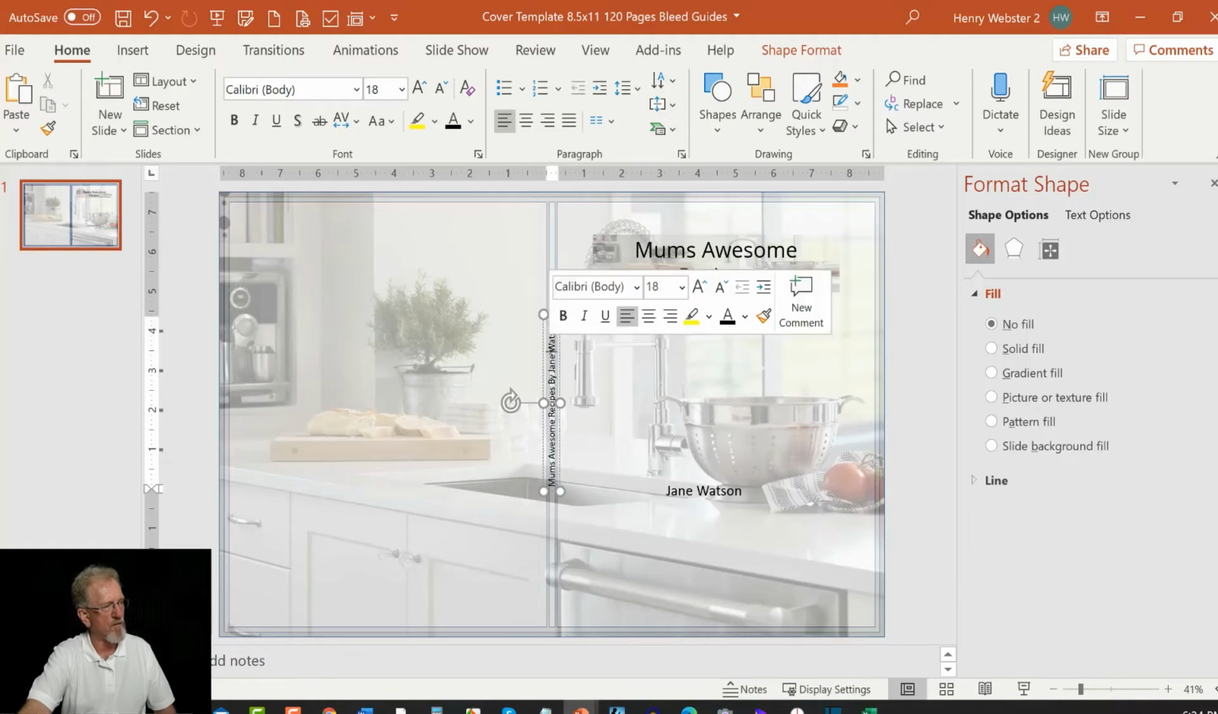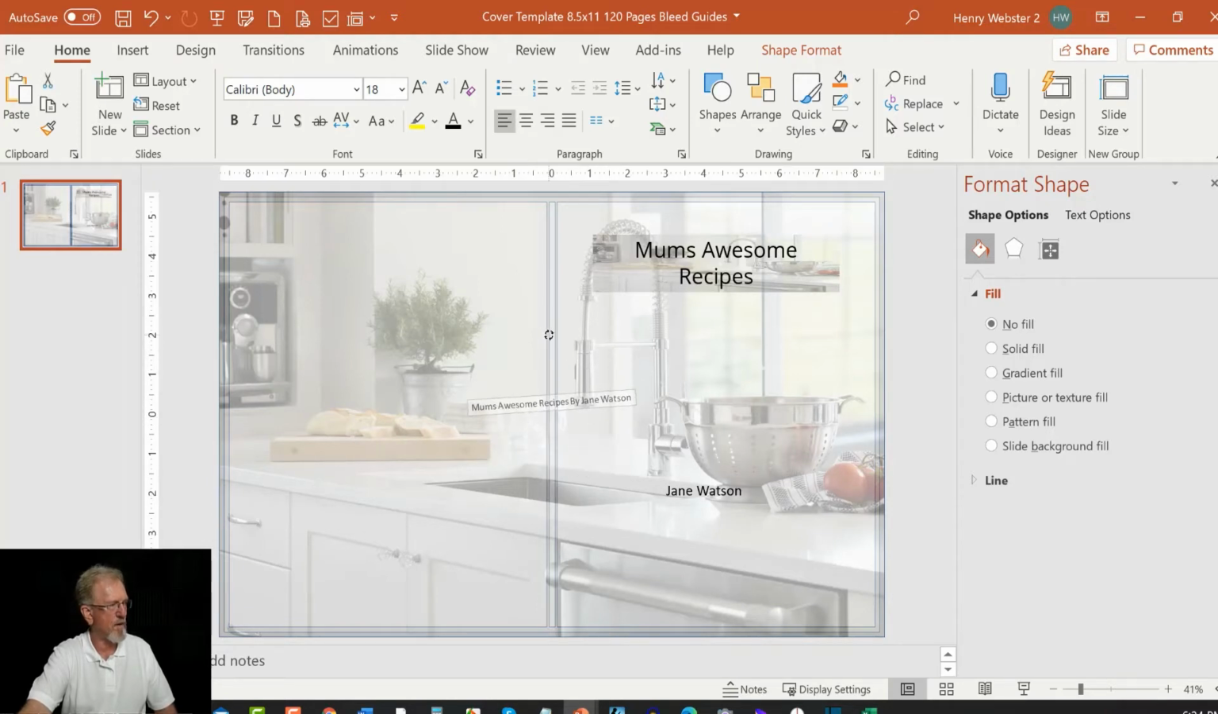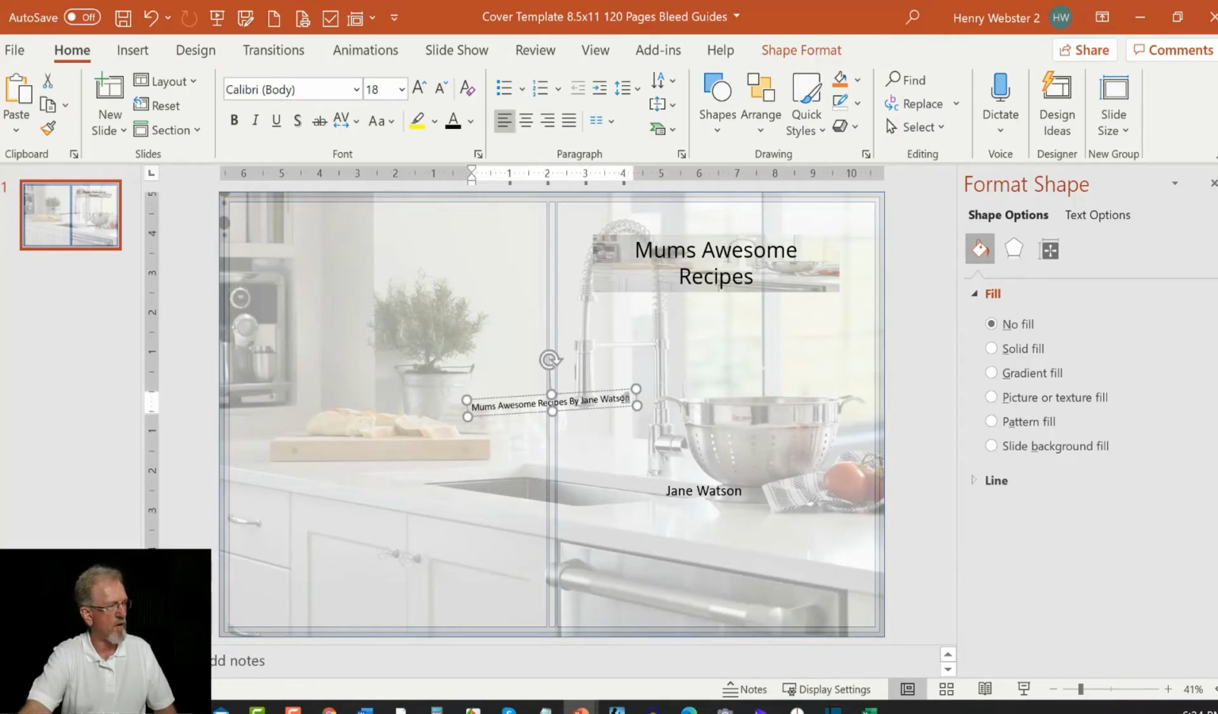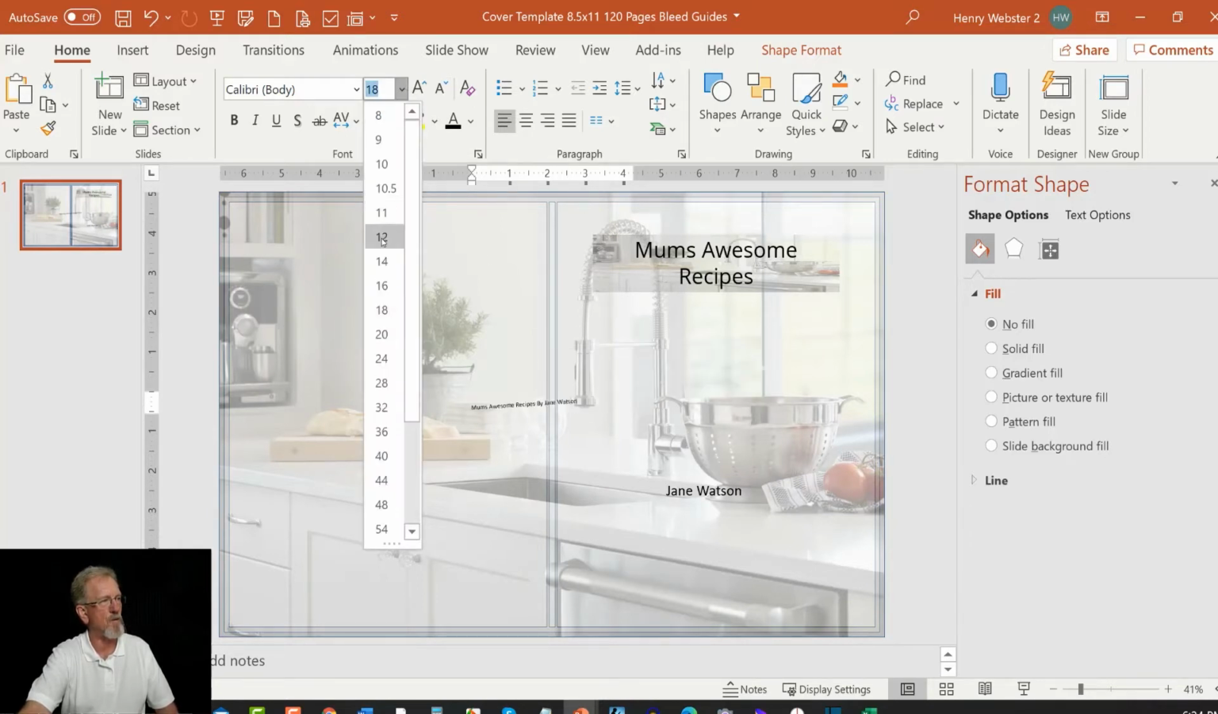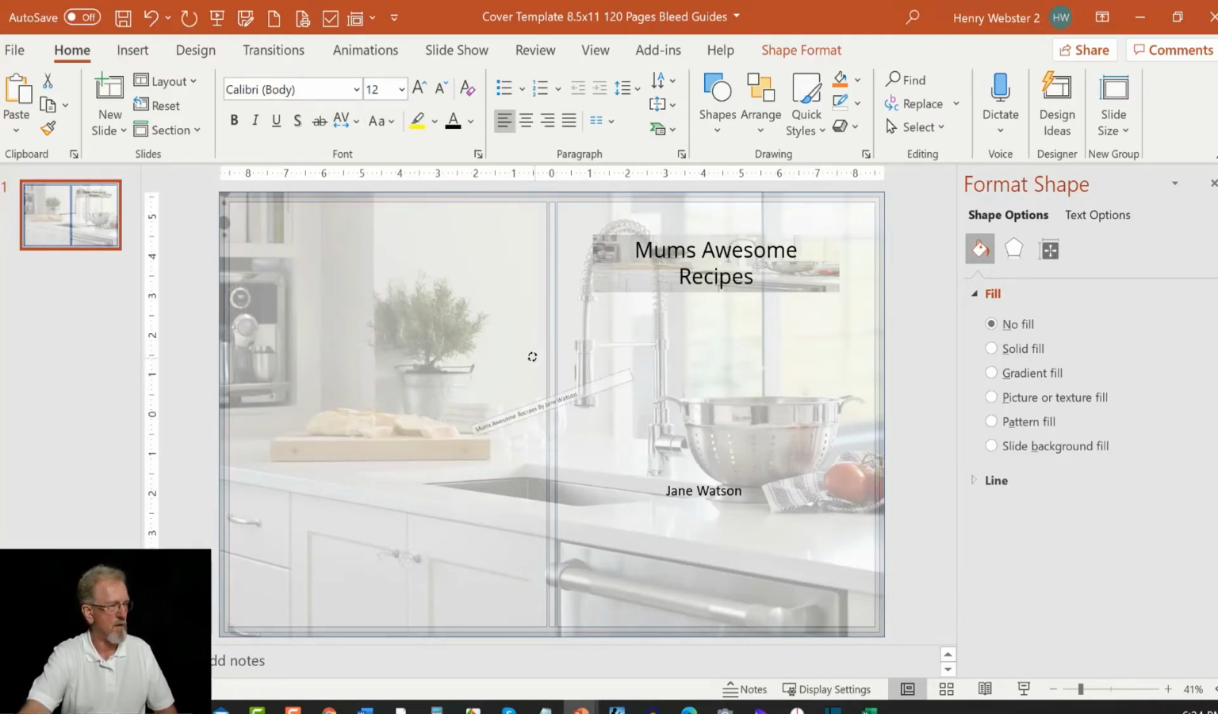All we have to do is highlight over the top of that. Oopsie daisy. Get that. I might even turn that around and make it easier for myself. There we are. All I have to do is highlight over the top of that and maybe turn that down to 12. Spin that around,